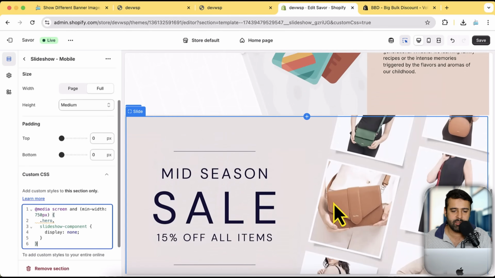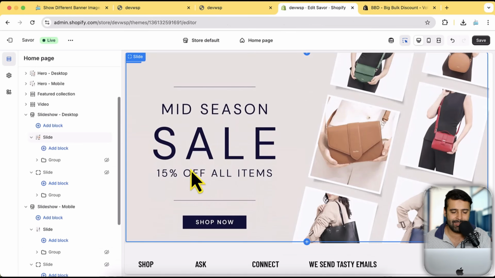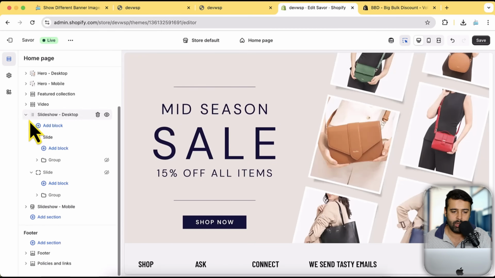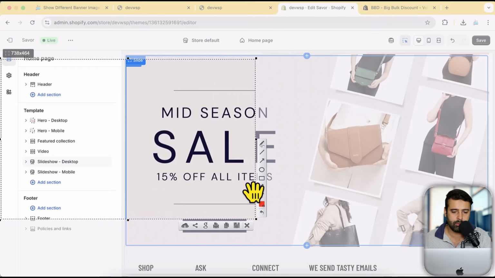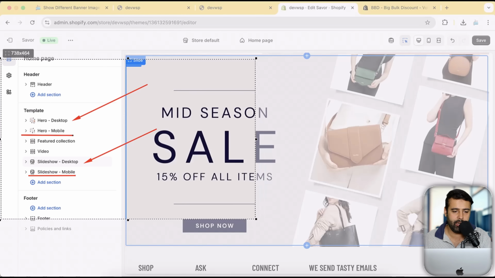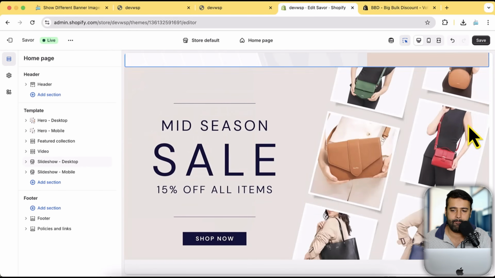Perfect. Now you can see that we have only one slideshow showing up, one for the desktop version and one for the mobile version. Right? This is for the banner and this is for the slideshow. And if I click on save,